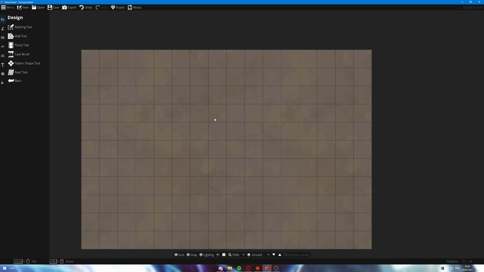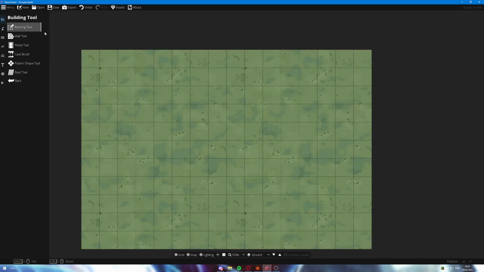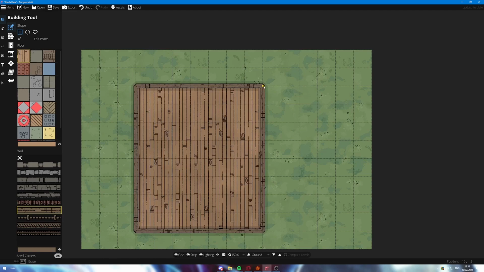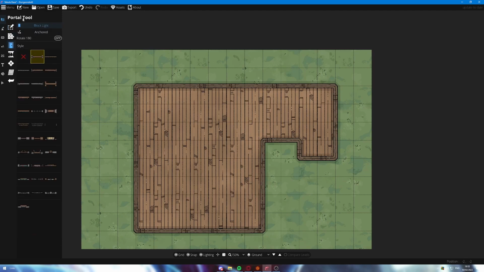So in this video, I'm really quickly just going to throw together a simple map in Dungeon Draft. I'm just going to make a simple little house, and then I'm going to show you how I would use that in conjunction with Foundry to create a dynamic map. So we're going to go ahead here and just grab a really simple building to throw down here. We'll just make it a little bit fancy like this,